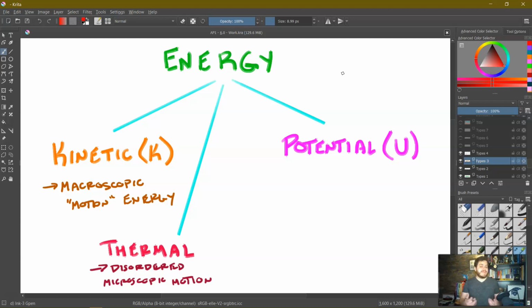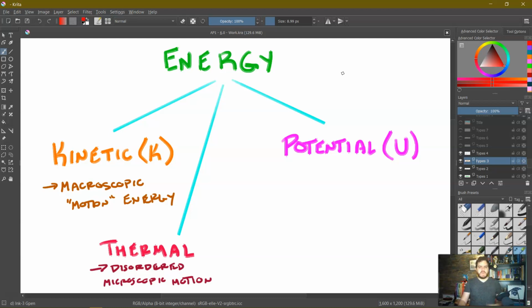energy or heat energy. Now, there's a lot of connections between kinetic energy and thermal energy. That's actually a lot of the study of thermodynamics, which we explore in AP Physics 2. But for what we're doing in this course, we're going to pretty much treat them as separate things.